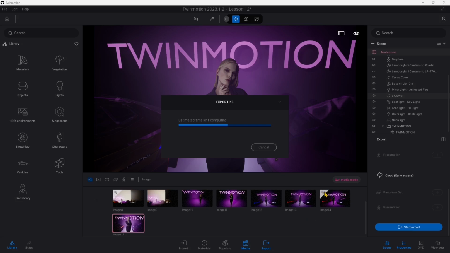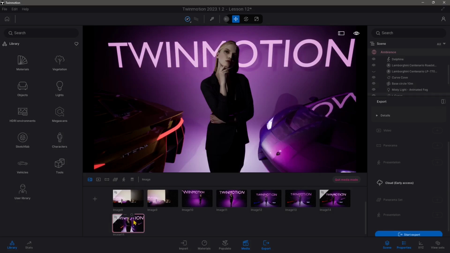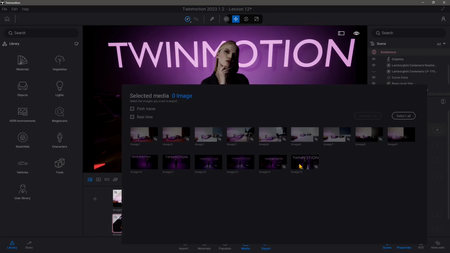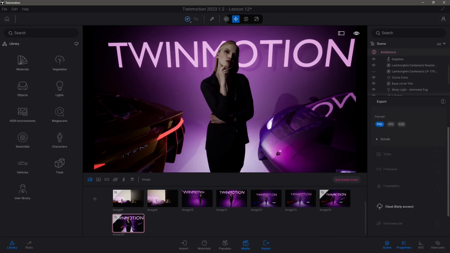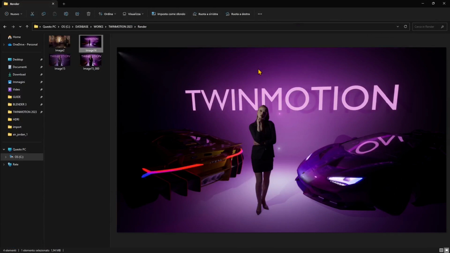You can see the little icon right here, a triangle on the top left of the thumbnail. You can decide if you want to prepare something for path tracer and export using path tracer, like this one here, for example, or if you want to use real time. And again, my suggestion is export in both. So try with both render engines,